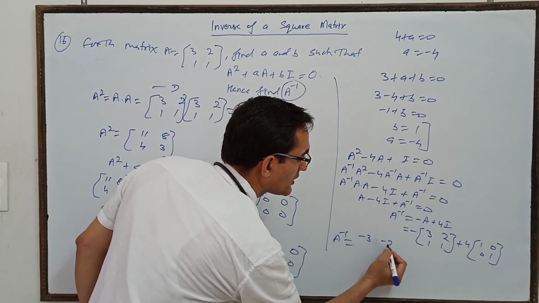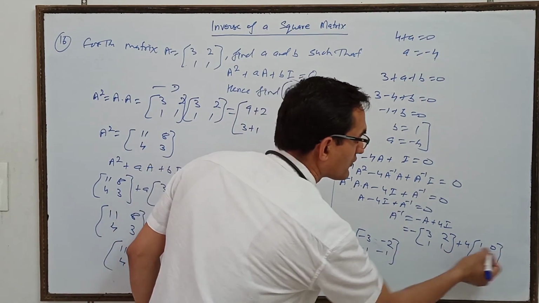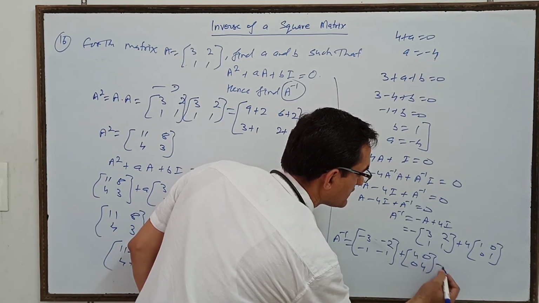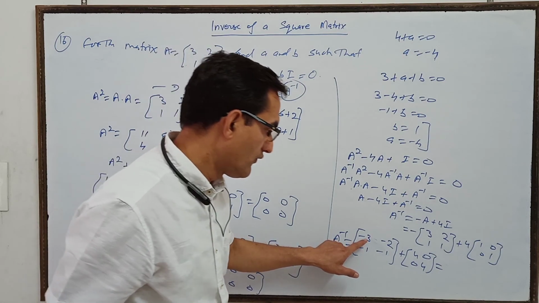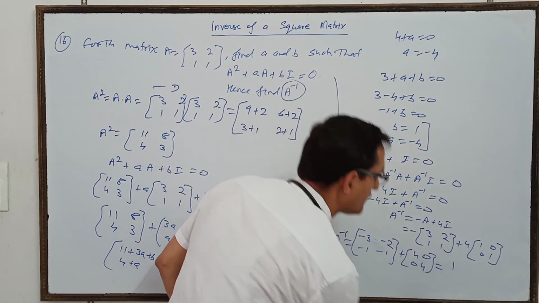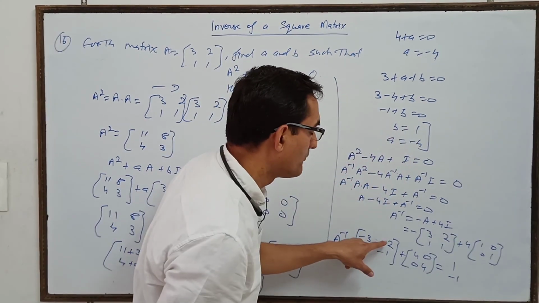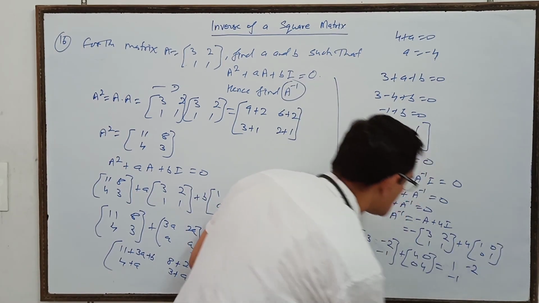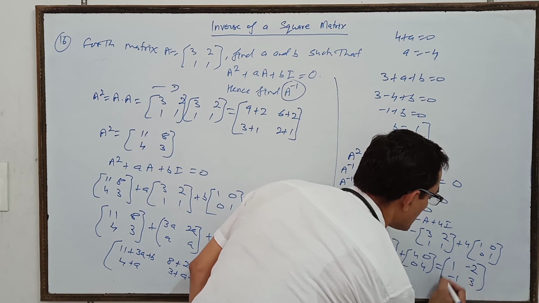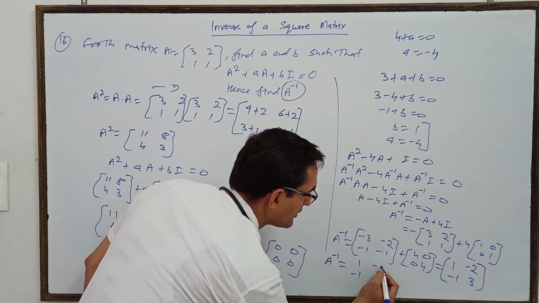So minus 3, minus 2, minus 1, minus 1, and plus 4 inside it, plus 4, 0, 0, 4, and this is equal to 4 minus 3. Minus 3 plus 4 will be 1, and minus 1 plus 0 is minus 1. Minus 2 plus 0 is minus 2, and minus 1 plus 4 is 3. So inverse of A is equal to 1 minus 1 minus 2